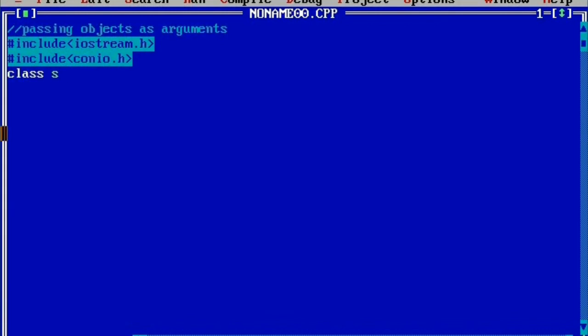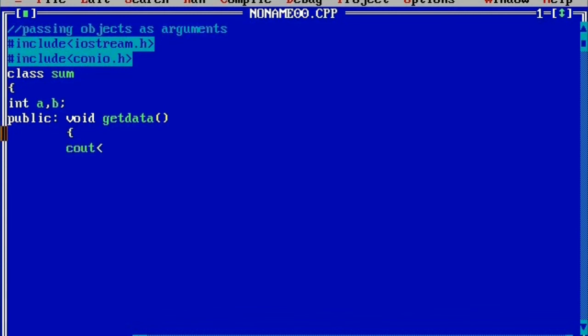and name it as sum, curly open brace, and here I'm going to declare two data members, that is int a, b, and then I'm going to write public members. Here I'll write void getdata to receive the data from the user, curly open brace.